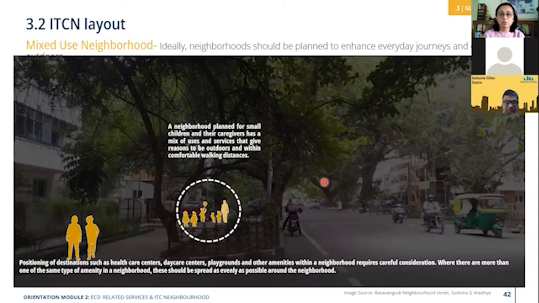This aspect we also discussed yesterday, but over and above that, it also encourages the mix of uses, because ideally neighborhoods should be planned for ITC in such a way that they enhance the everyday journey. We saw that the child navigates the immediate environment, especially when they are walking around. It is important that their everyday journeys and experiences outdoors are enhanced, and that can happen if there is some kind of active use on the ground